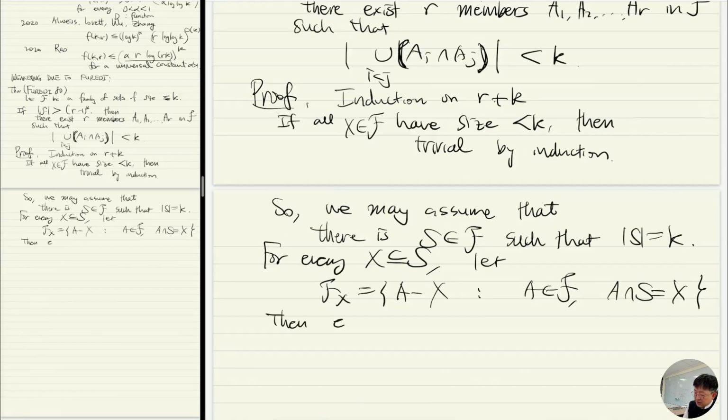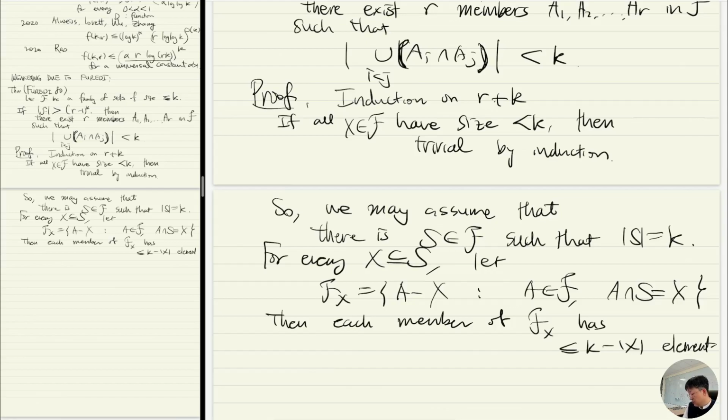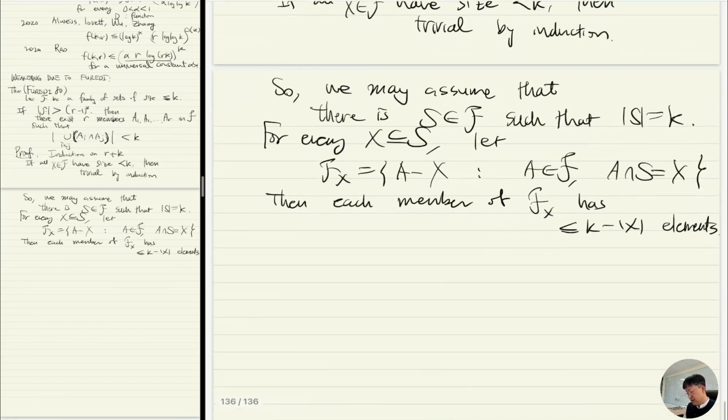Then each member of f(X) has at most k minus |X| elements. So by the induction hypothesis, we may assume